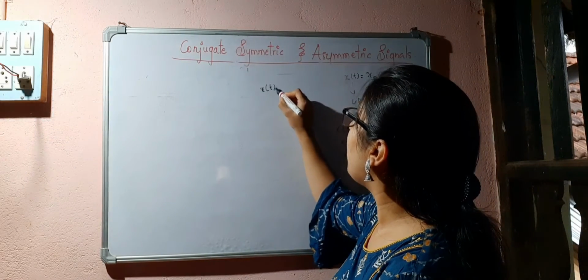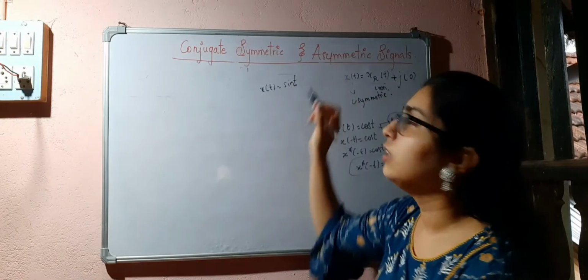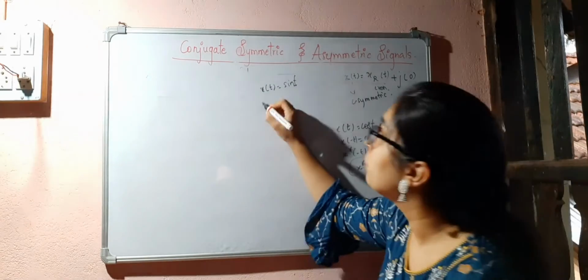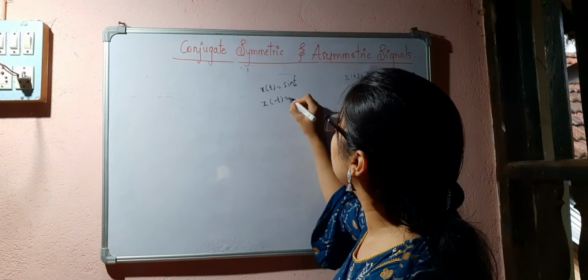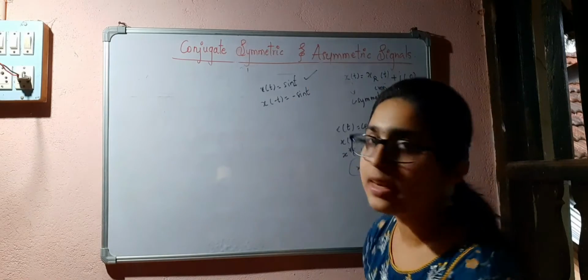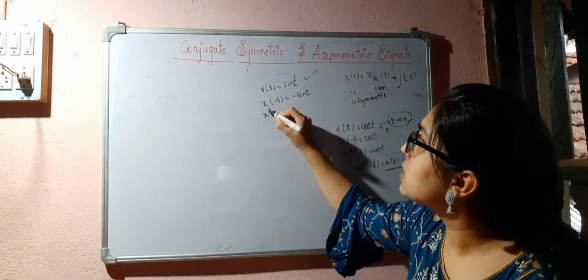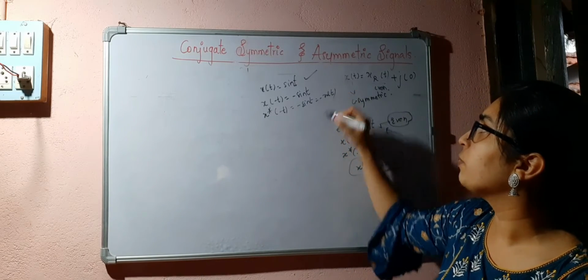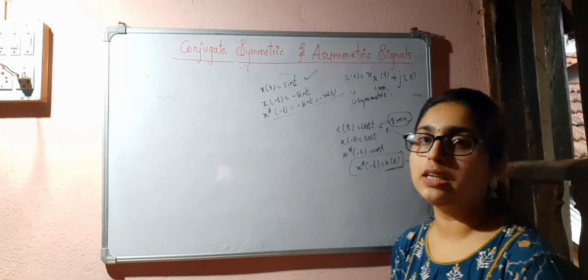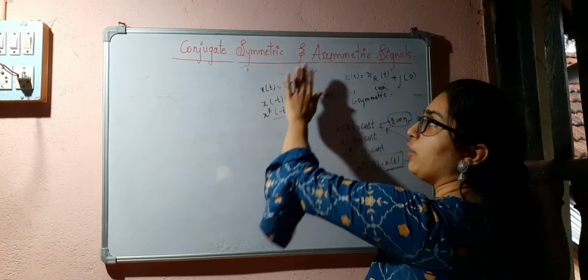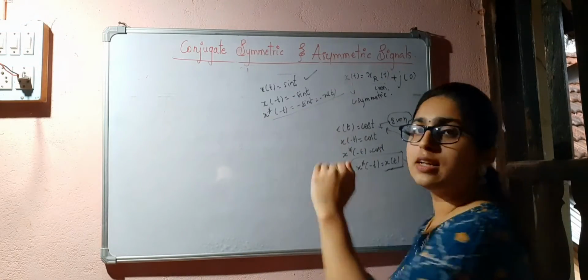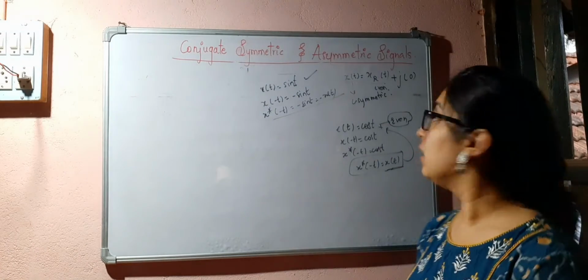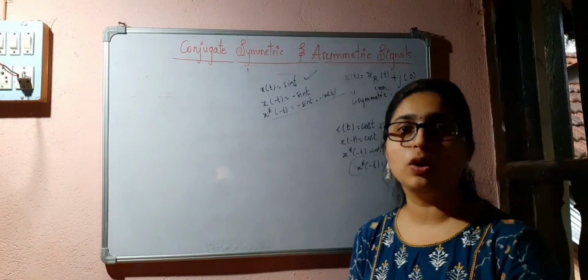Suppose I have an odd part now, x of t is equal to sin t, but I don't have any imaginary part, only the real part, and that too it is an odd signal. So x of minus t is equal to minus sin t. So that's why sin t is an odd signal. You know that. Now x conjugate of minus t is also minus sin t, that is equal to minus of x of t. So this is a conjugate asymmetric signal. So if the imaginary part is 0 and if you have an odd signal, that means the signal is a conjugate asymmetric signal. Okay, here it is a conjugate symmetric signal. Remember, here the imaginary part is equal to 0.